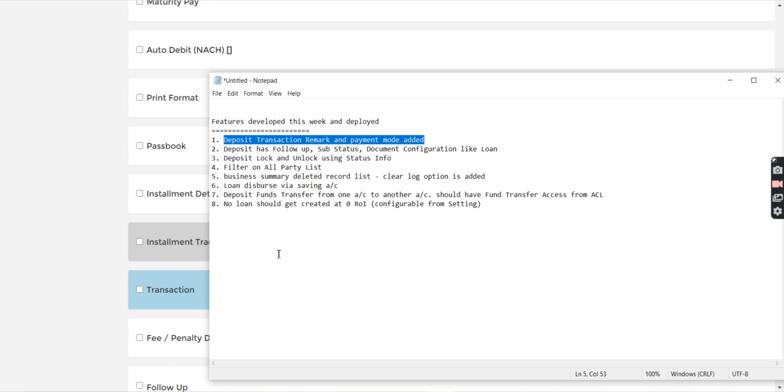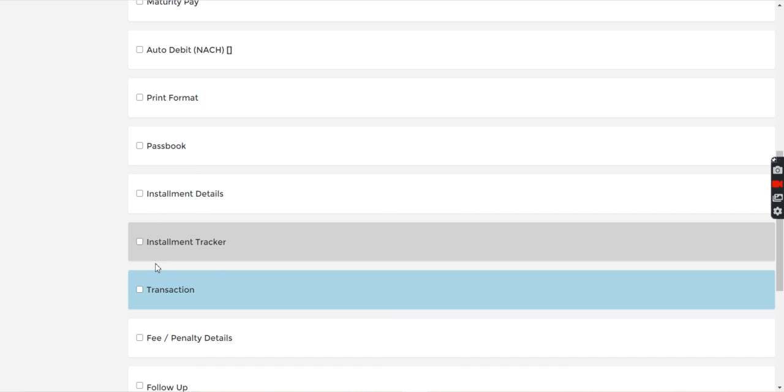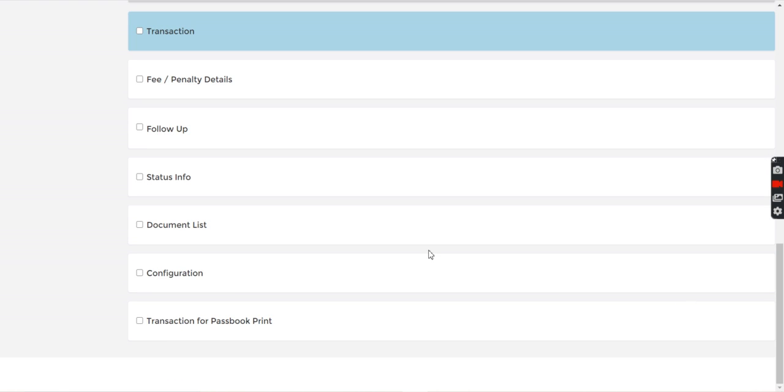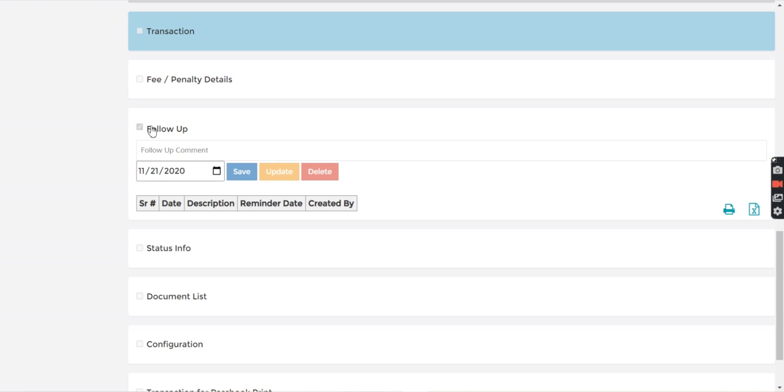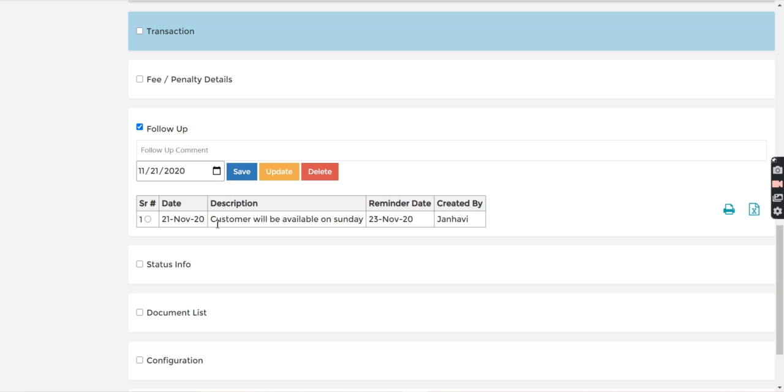Next deployment is the deposit has the follow-up and sub-status document configuration like loan. So if I go and check the follow-up list, you can see the customer will be available on Sunday, the 23rd of November. I have set the reminder from here.